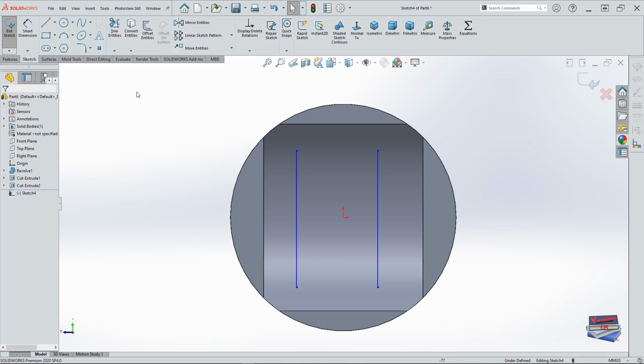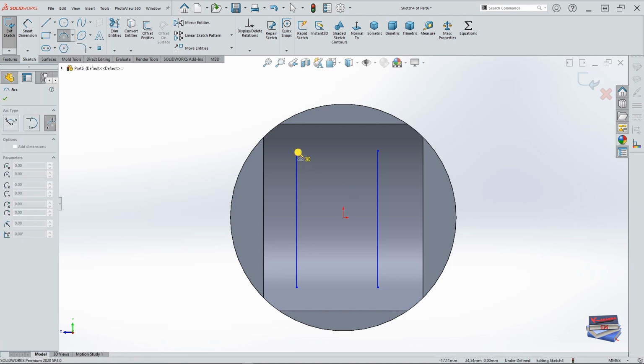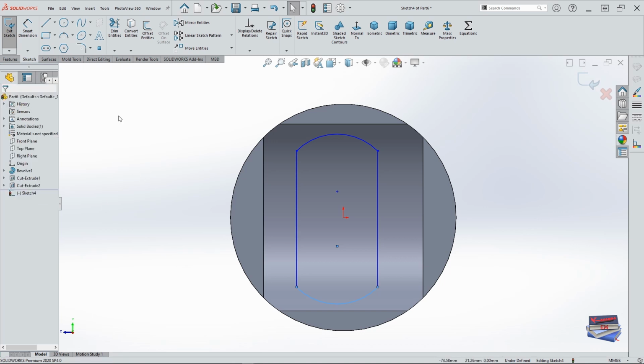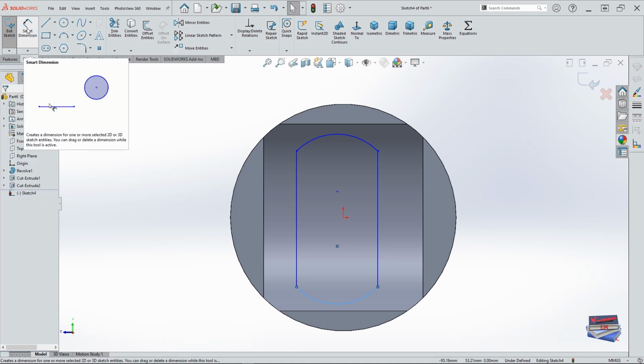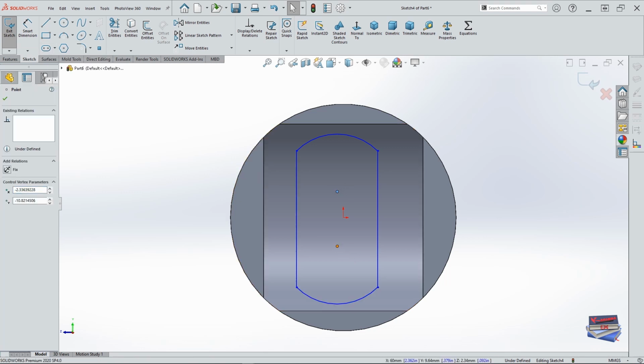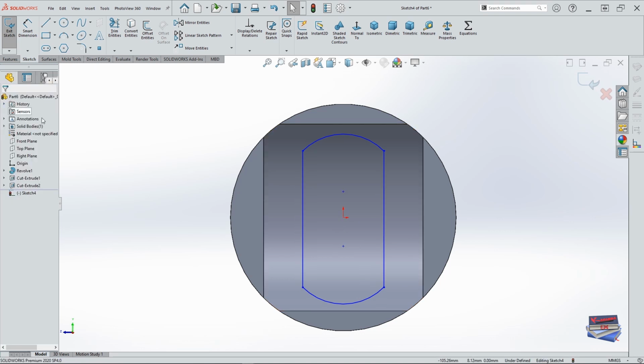Okay, and now let us go to our 3-point arc, and let's create an arc from our left to right, one click and another click on the right, and this time from right to left, one click and then another click. Okay, and now let us select this point and origin, and make vertical to our origin,